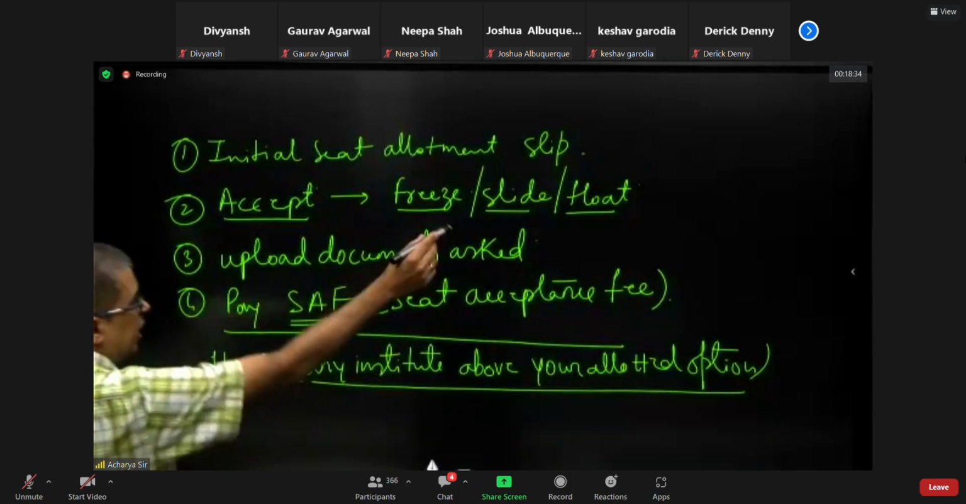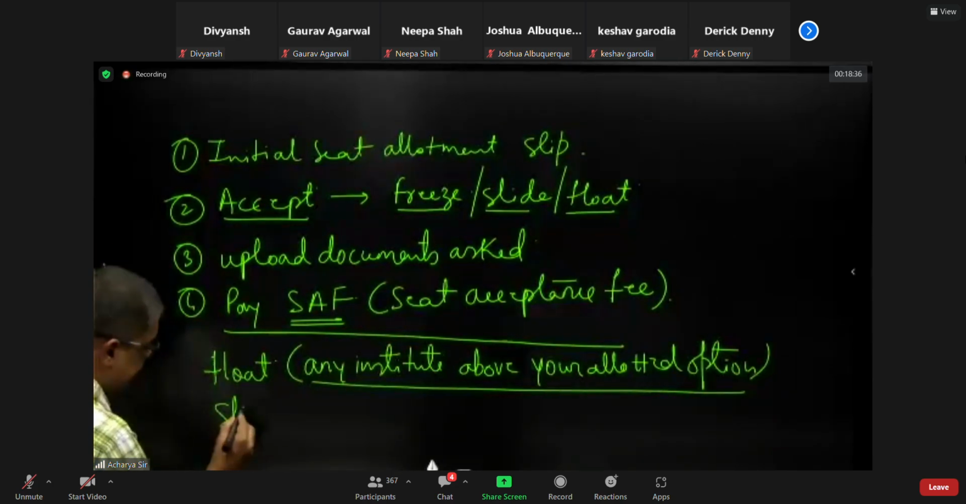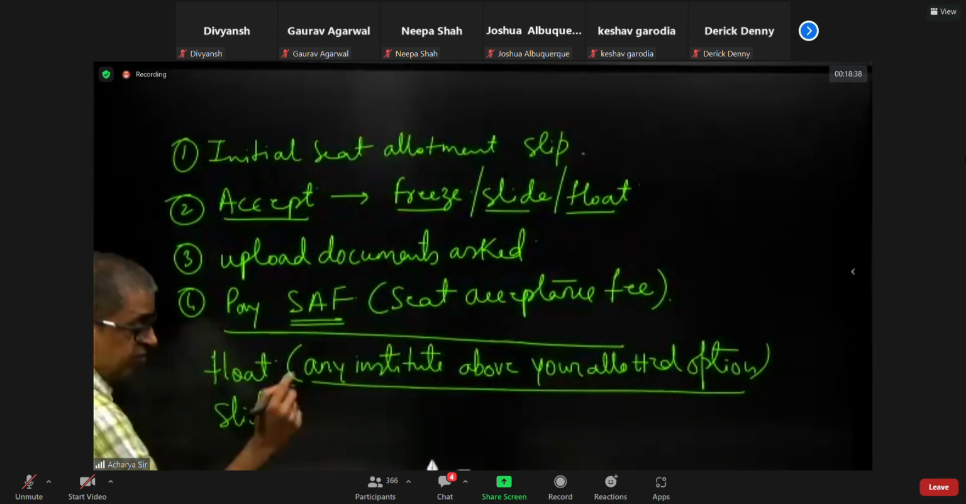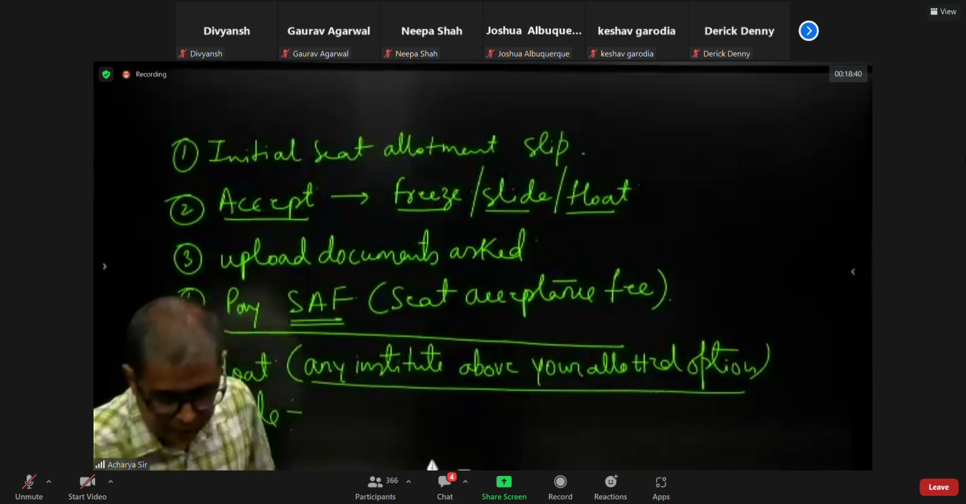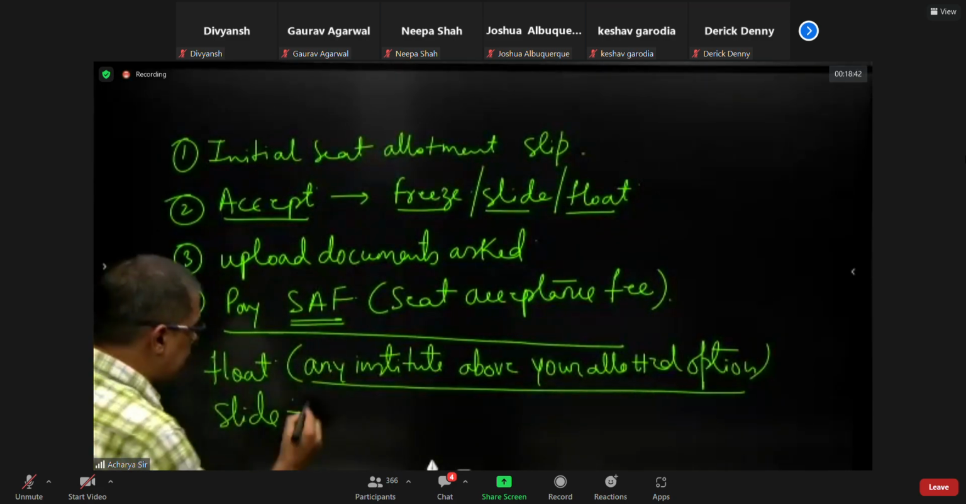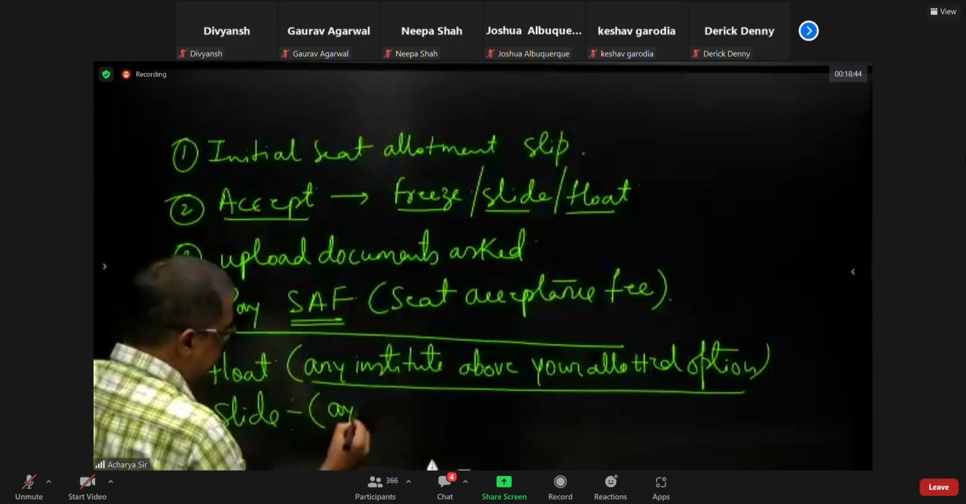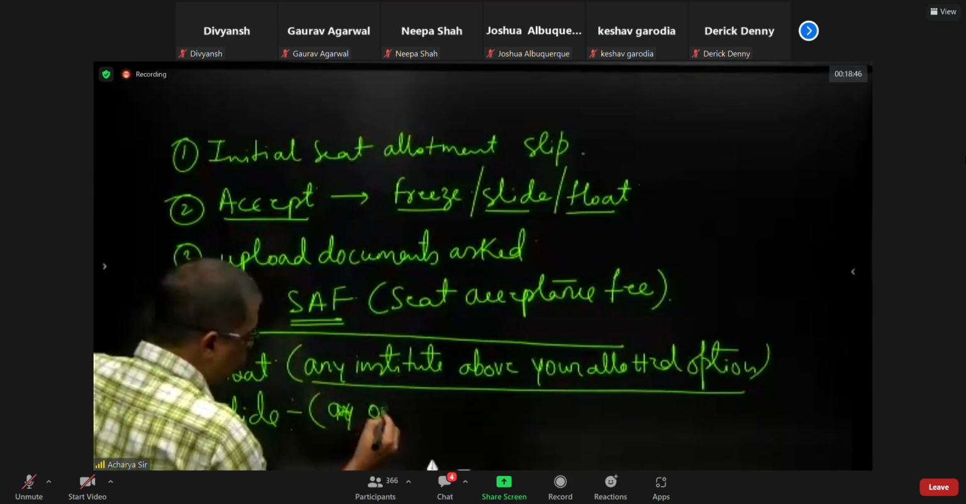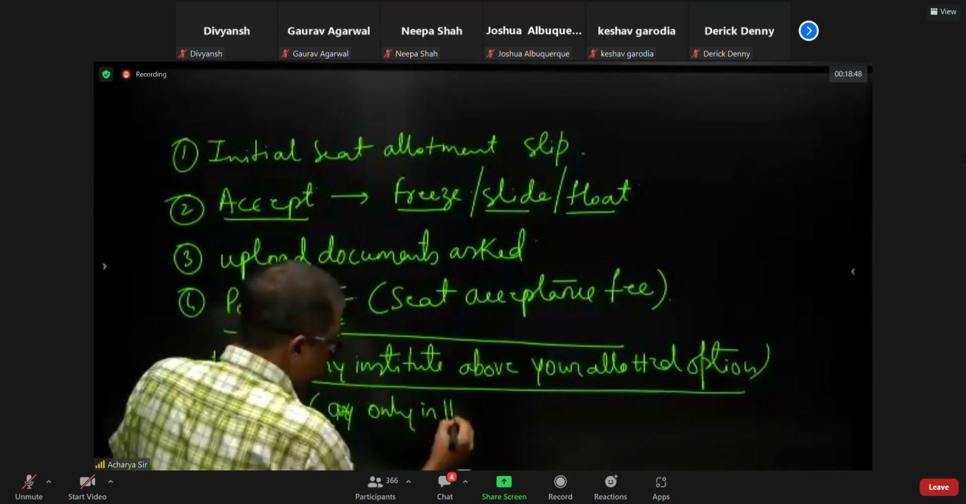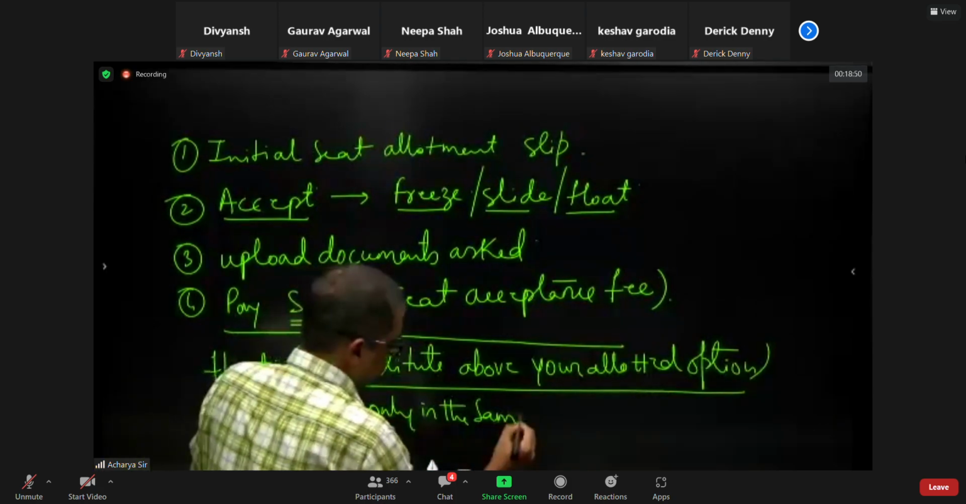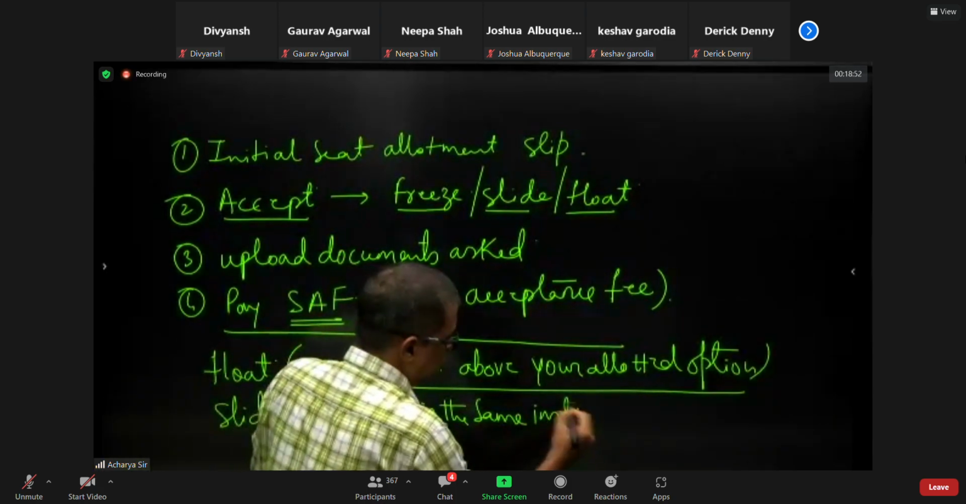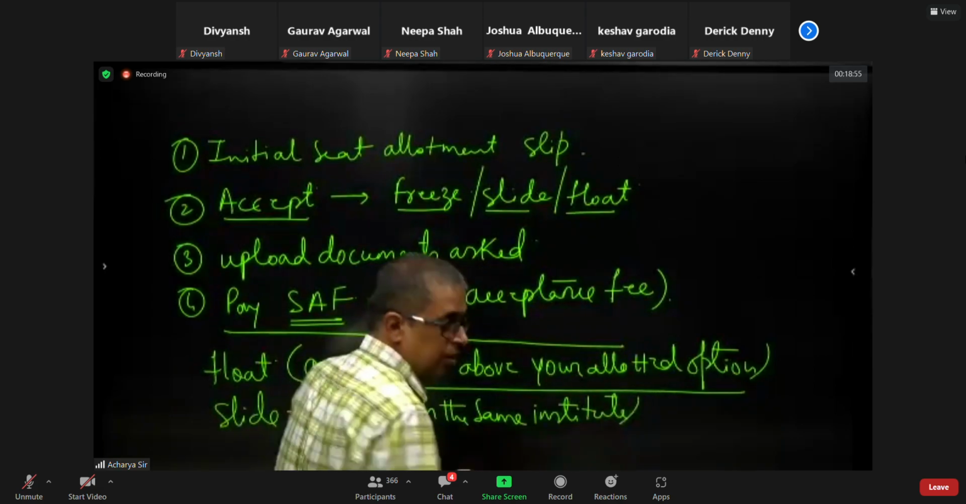But suppose I opt for slide after the first round allotment. Slide, you will be given any option only in the same institute. Same institute. For example,